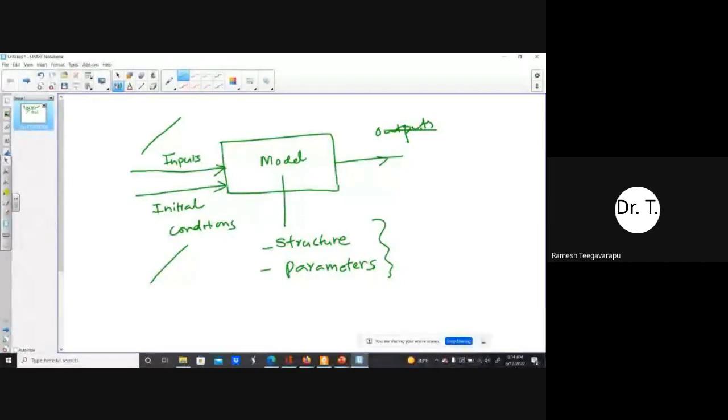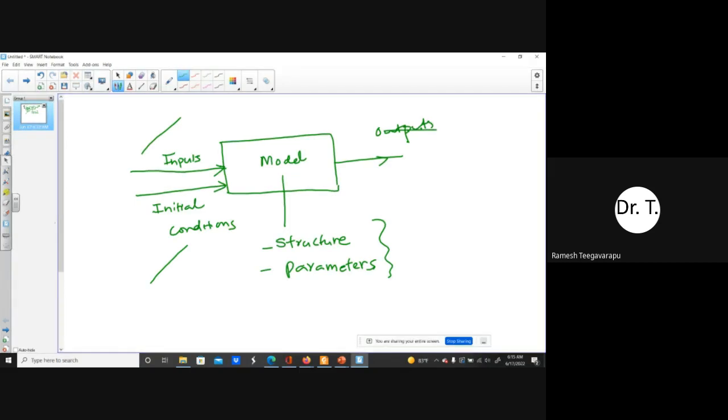So there is an initial condition uncertainty, there's an input uncertainty, then we come to the model, then the structural uncertainty. So what exactly do we mean by structural uncertainty? The structural uncertainty is something where we are not sure whether the model we are using to represent the process we are looking at uses the right type of equations or right type of expressions to relate